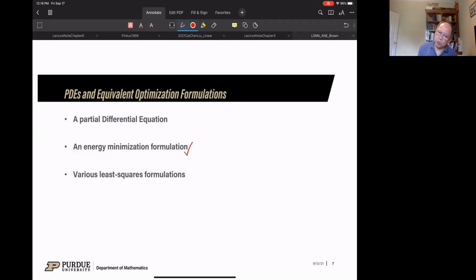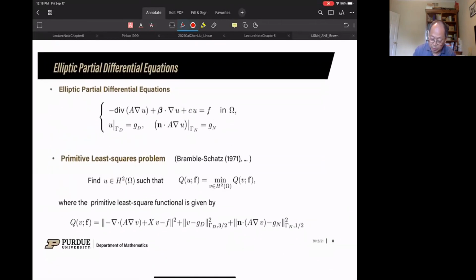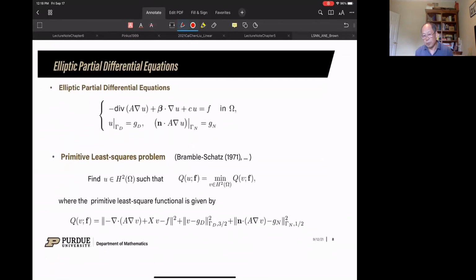Most of the work on least square is for elliptic problems, for elasticity and for fluid problems. So let me use a simple second order elliptic problem to explain this least square field. There is a lot of work on that. Even right now, I was not actively working on this field since about 2005, but since 2013, we still have a biannual workshop on this topic.